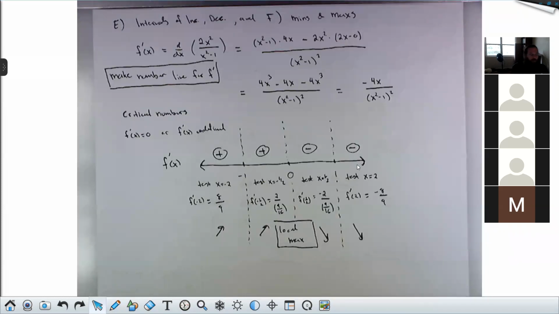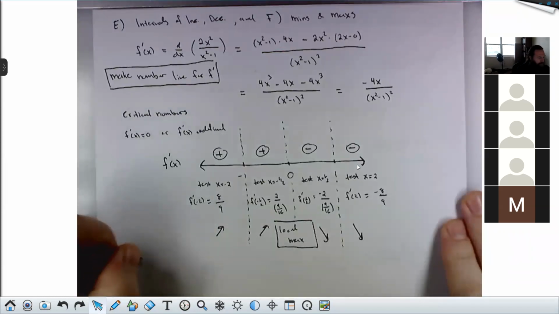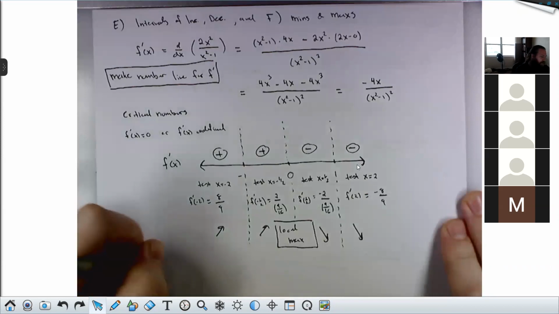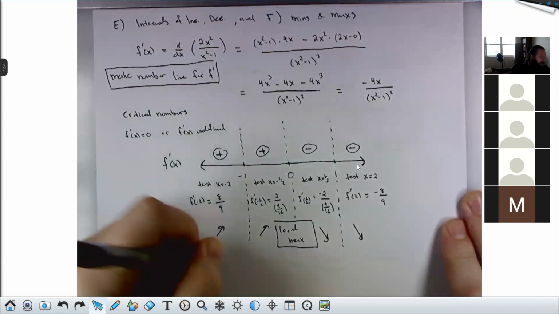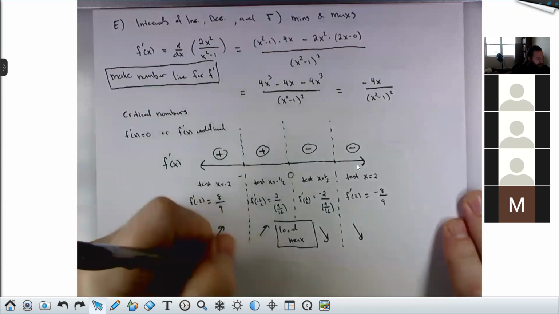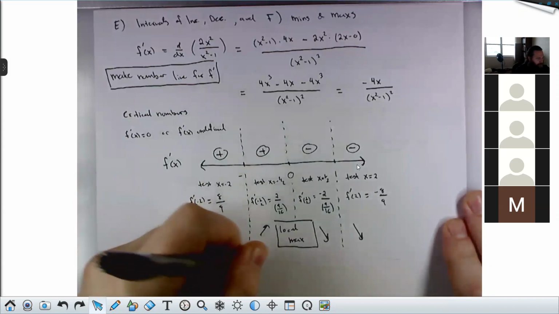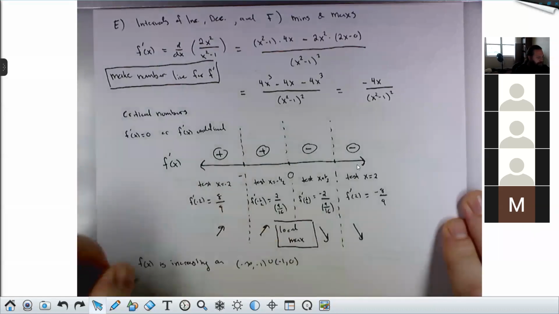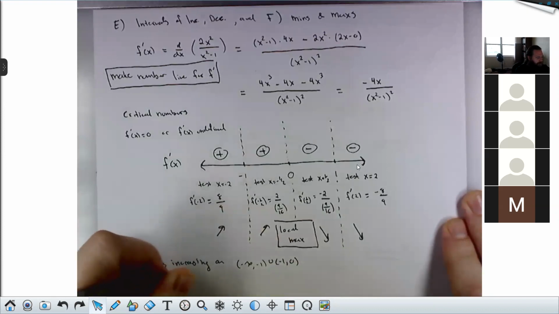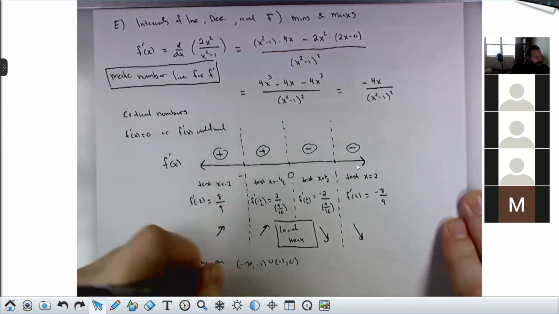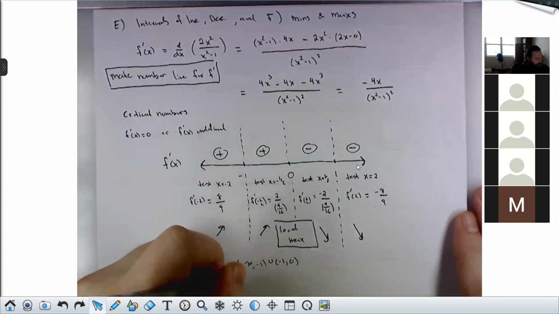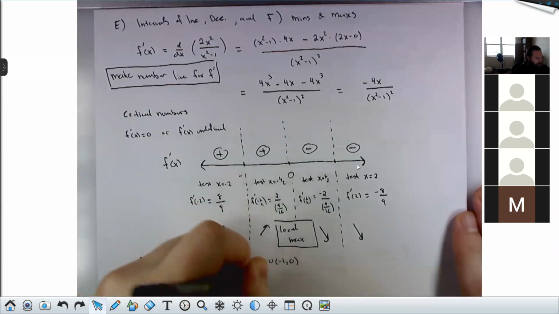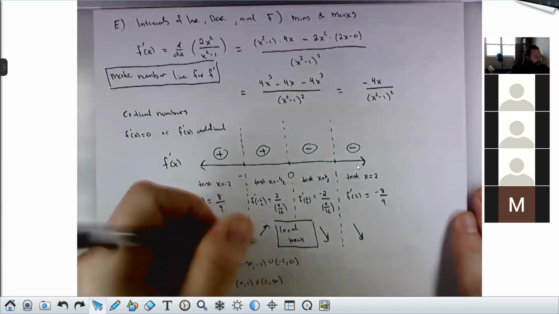We now know where we're increasing. f of x is increasing on -∞ to -1, unioned with -1 to 0, and f of x is decreasing on 0 to 1, unioned with 1 to infinity. And